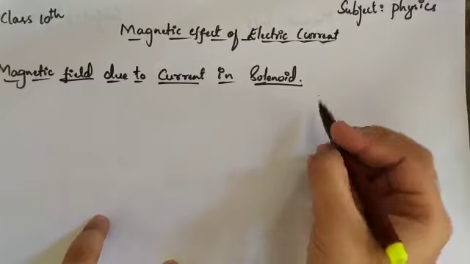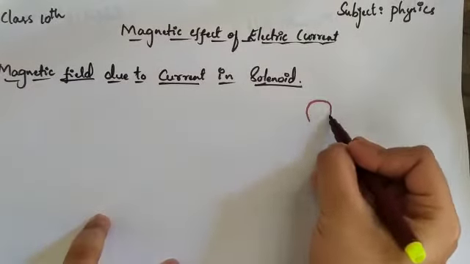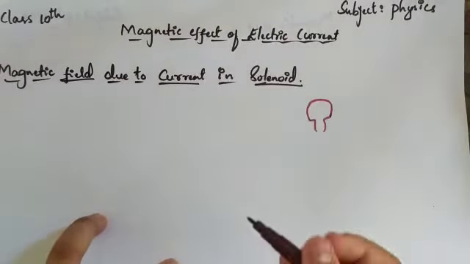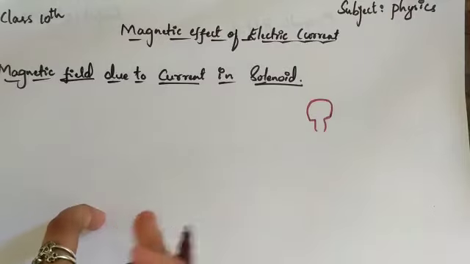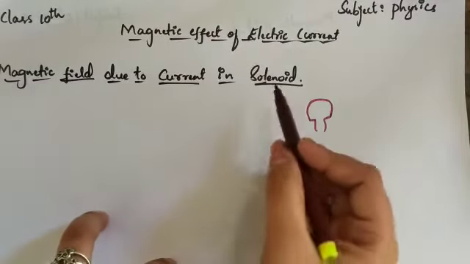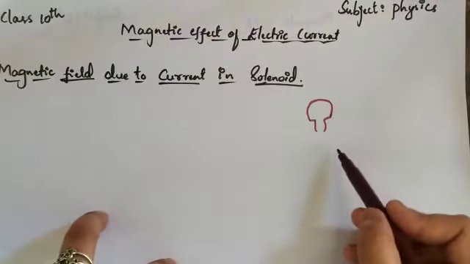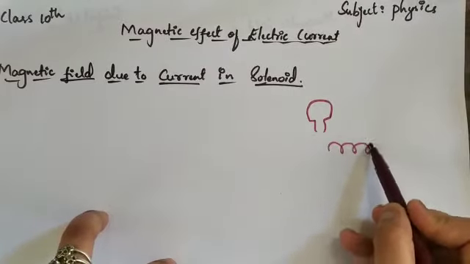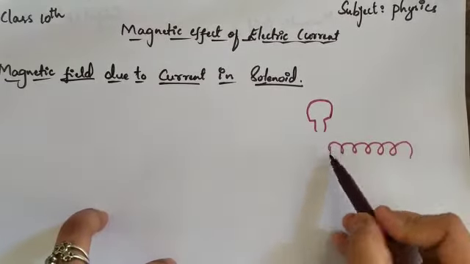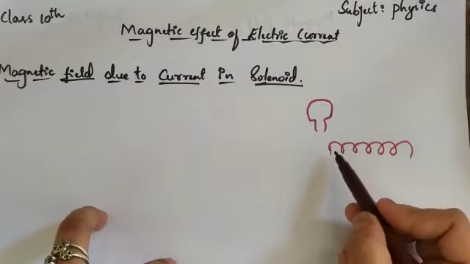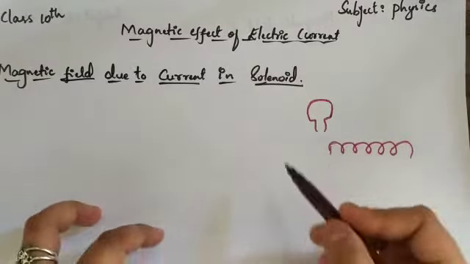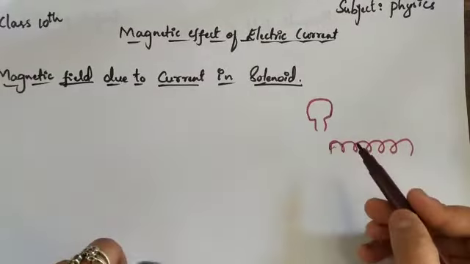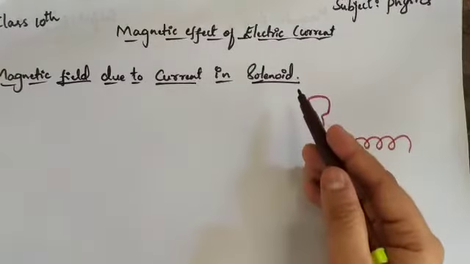A solenoid is like, for example, this circular loop that we have considered. A straight conductor we are bending in a circular way. This solenoid is nothing but so many of these same turns. If you take a copper wire or anything and it has been bent in many turns, then that is called a solenoid.